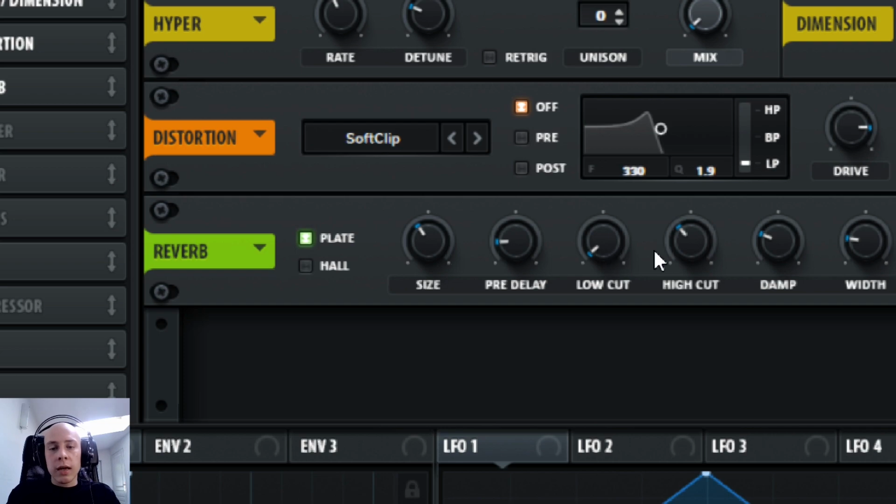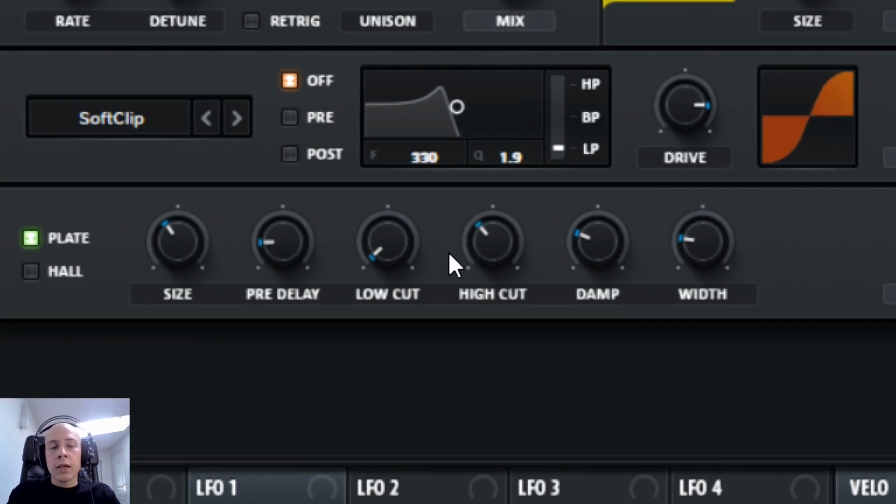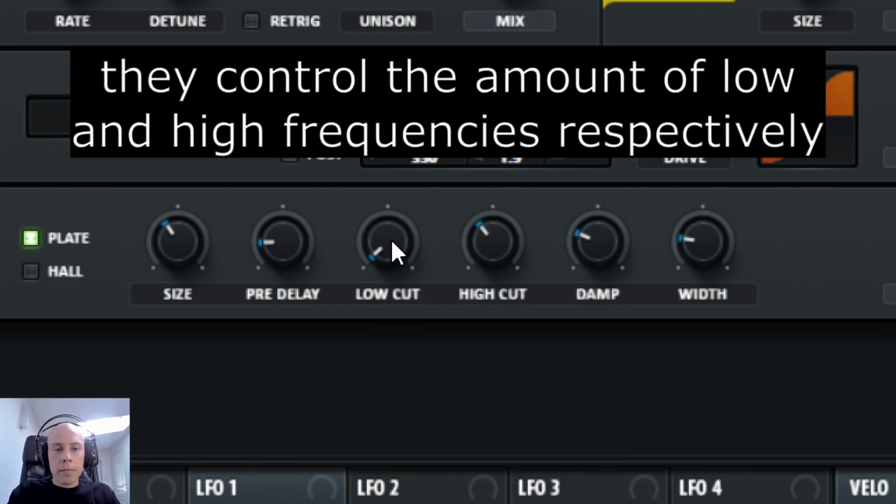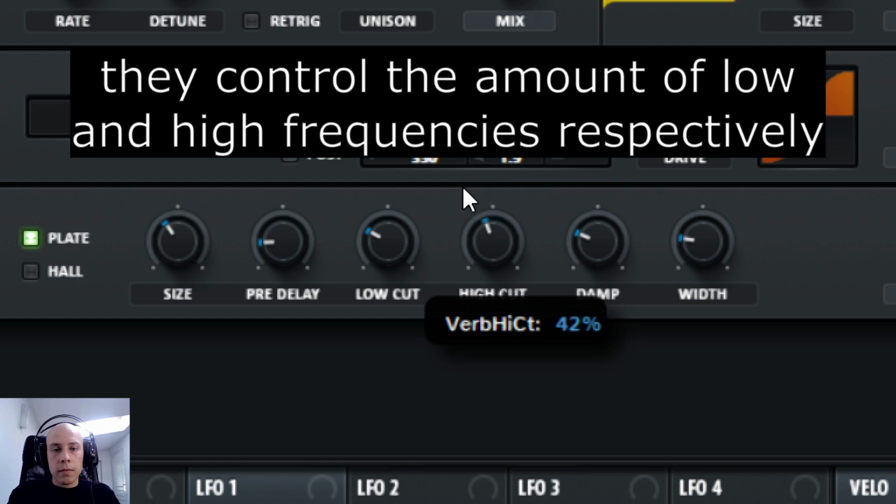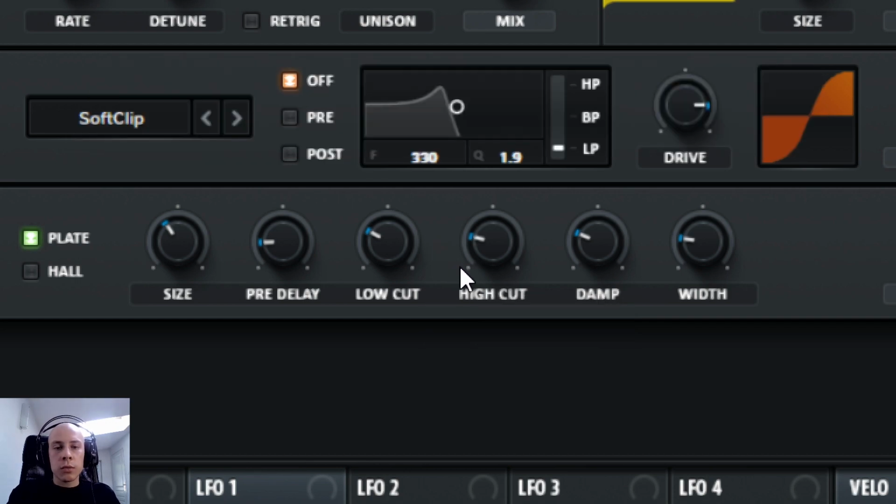I want to adjust the frequency content of the reverb. For this I have two different controls, the low cut and high cut. I want my reverb to sound bright.